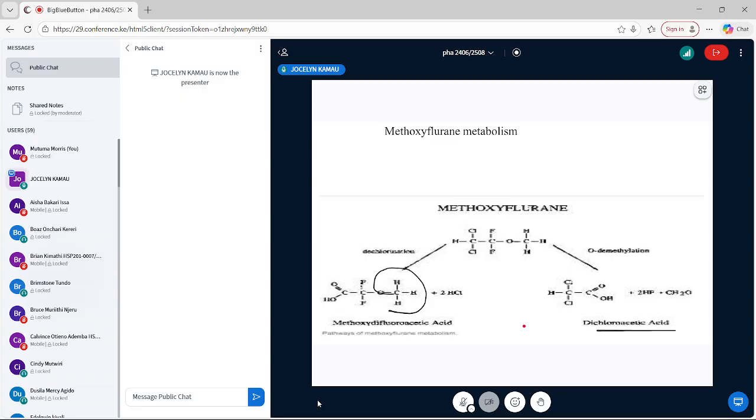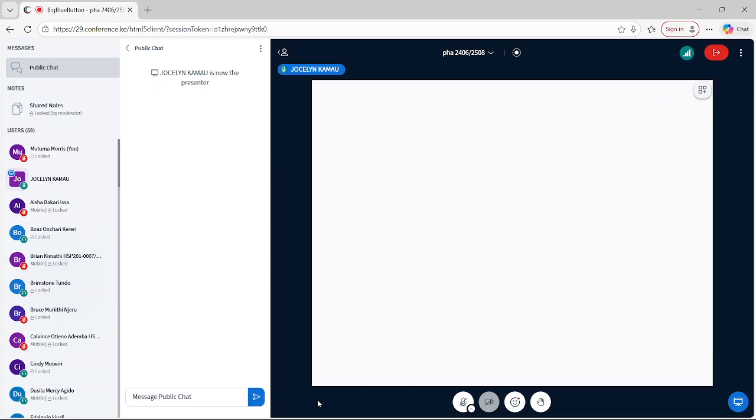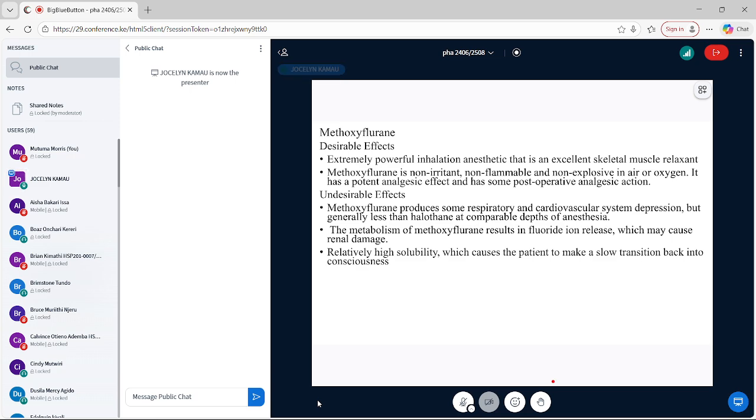And again, as we have discussed with the other compound, these metabolites can, to a certain degree, also cause hepatotoxicity. So you can understand how methoxyfluorane can cause hepatotoxicity, how enflurane can cause hepatotoxicity, how desflurane, which is the most stable to oxidation, can also cause hepatotoxicity. Desirable effect: extremely potent, powerful inhalation anesthetic that is an excellent skeletal